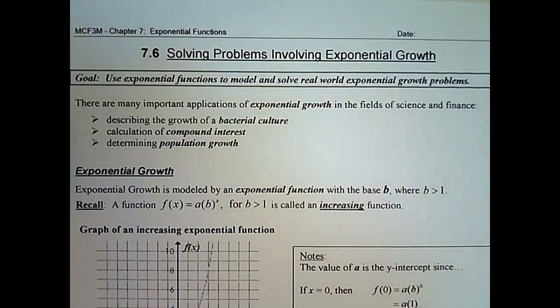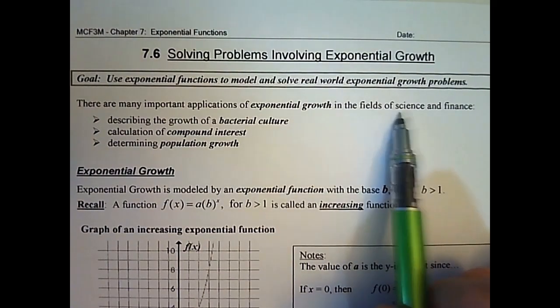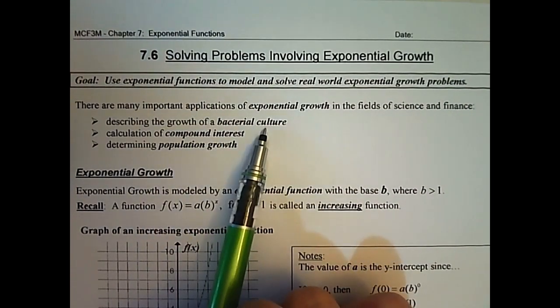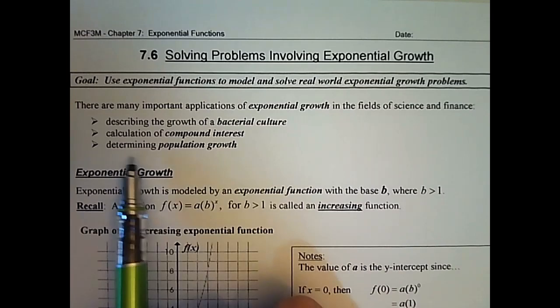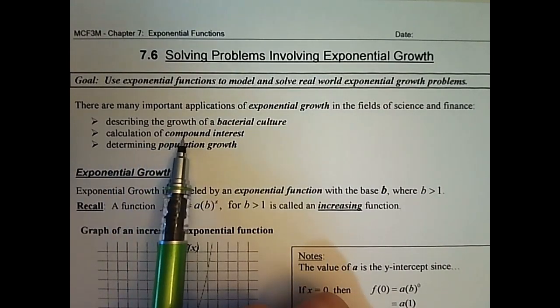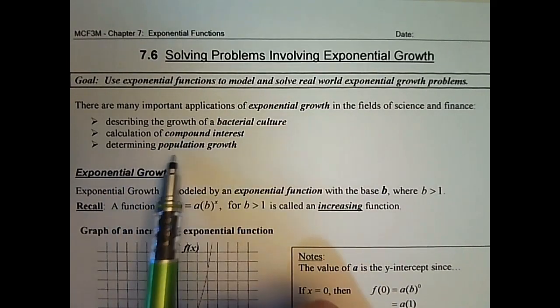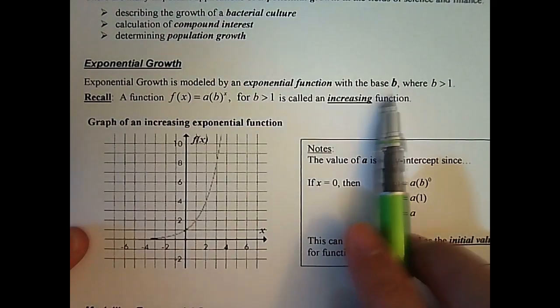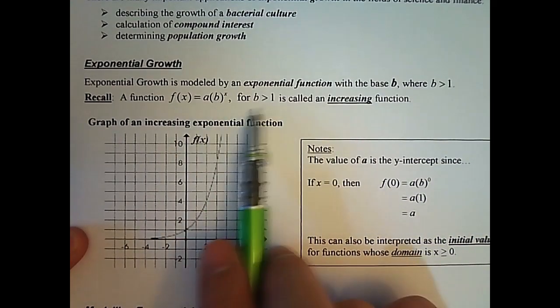Okay, now that we have that equation, we're going to be seeing this in many different scenarios. We often see it in fields of science and finance. We see this when describing the growth of a bacterial culture, like we saw in the very first example. We can use it to calculate compound interest and determine population growth. So for exponential growth, just a quick recap, its function is this, where b is greater than 1,